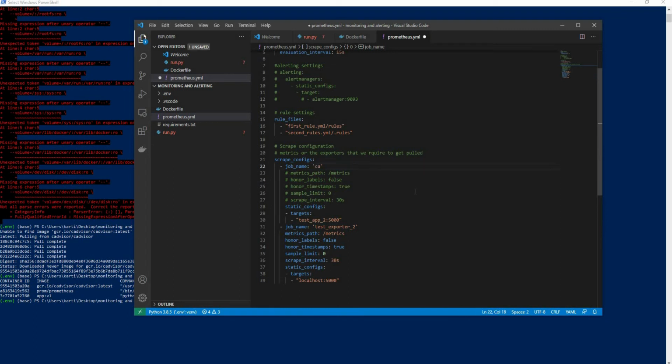Let's say cAdvisor, and this is running on cAdvisor, and the port is 8081.